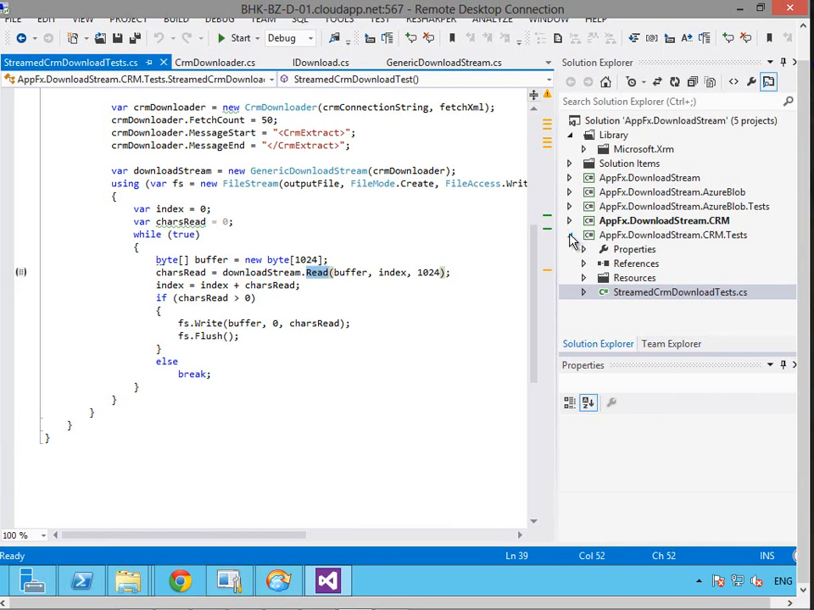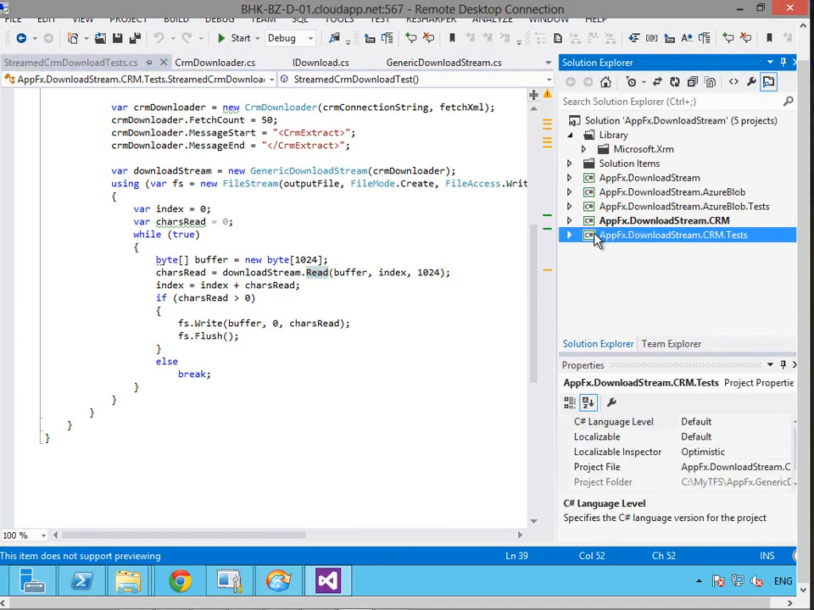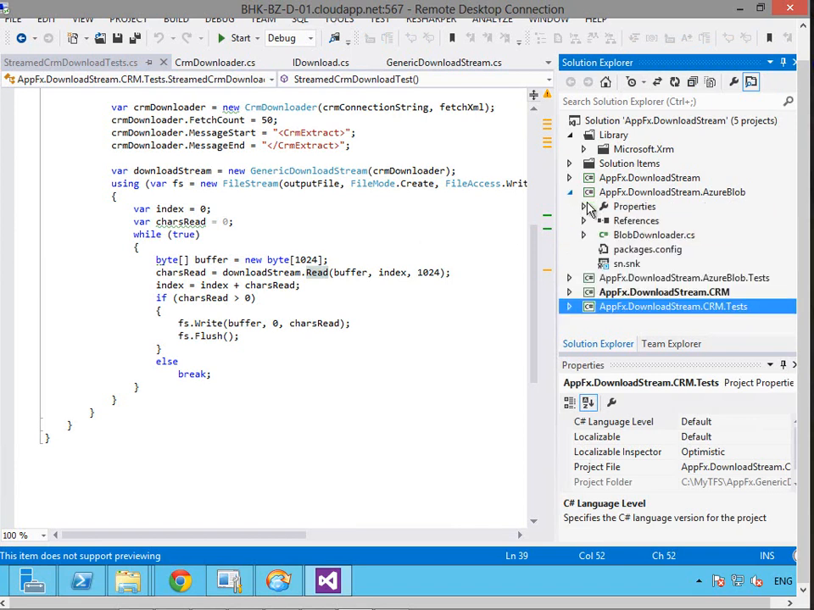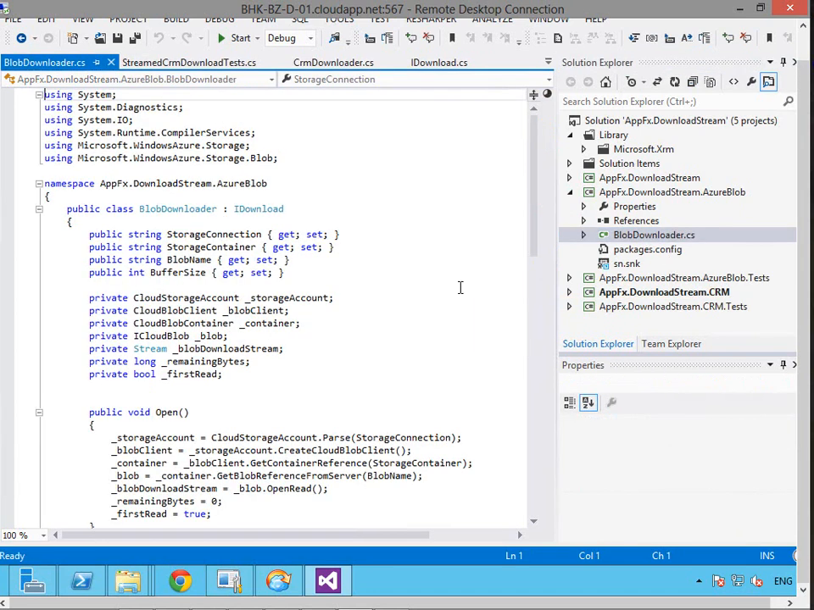So that really recaps what we did in the original blog post, and we've just changed it very slightly so it's a little bit more generic. Now where the benefit comes in is that I can use that stream for more than just downloading data from CRM. So what I've also done is I've created an Azure Storage Blob downloader,